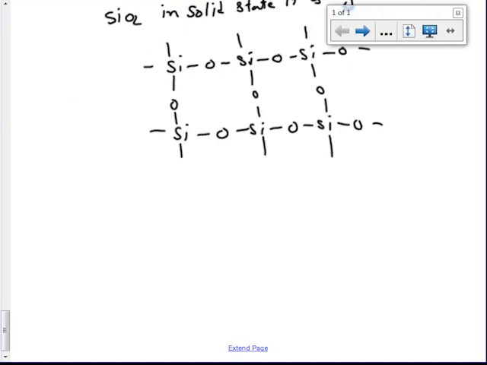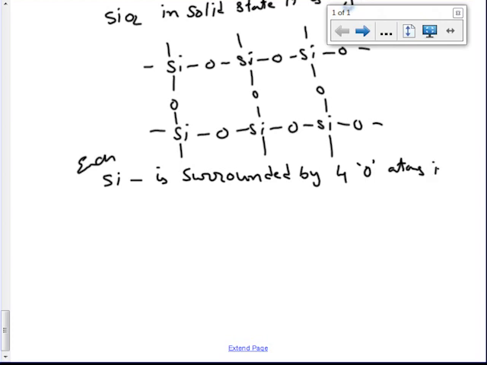See in SiO2, as I already told you, this is a covalently bonded structure. Each silicon is surrounded by 4 other oxygen atoms in a tetrahedral manner. So it can form 4 bonds. The maximum valence of the 4th group elements is 4 bonds. So each silicon is surrounded by 4 oxygen atoms, arranged in a tetrahedral shape.